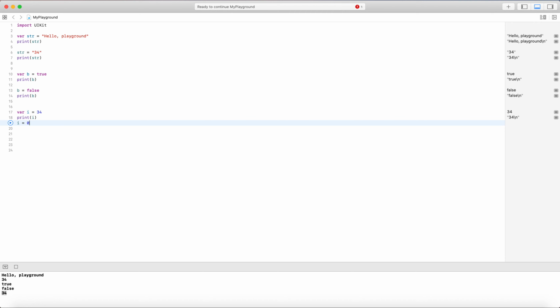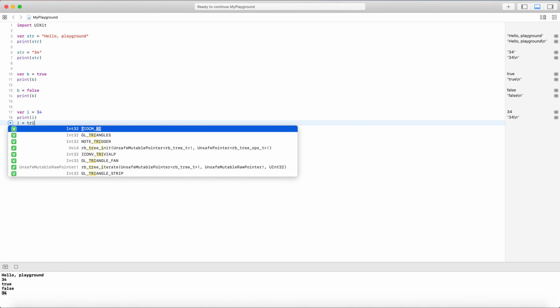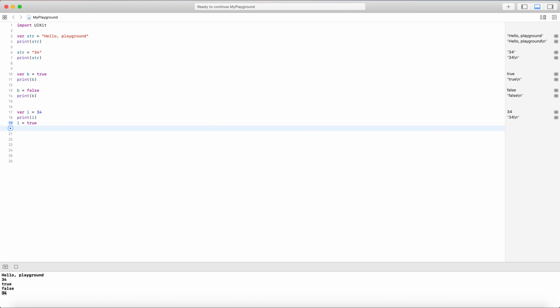Only if I apply an integer value will it pick the value. For any bool or string value, it's not going to pick it. If I assign a bool value, it also gives an error: you cannot assign value of type Bool to type Int. So this is how we declare the integer value.